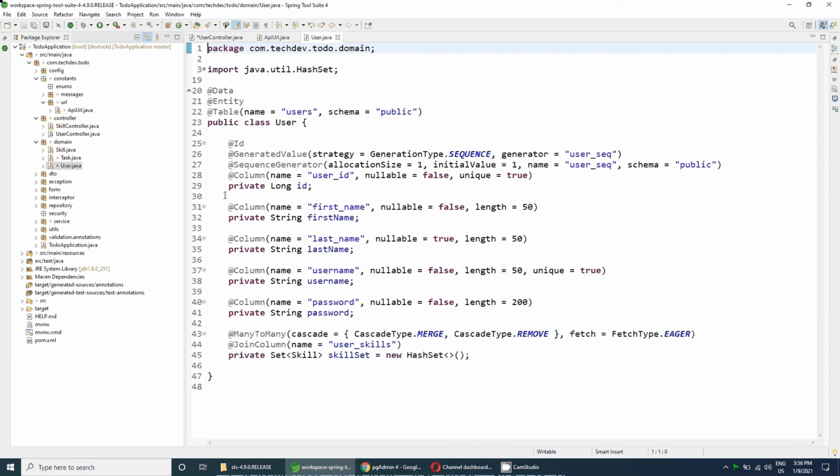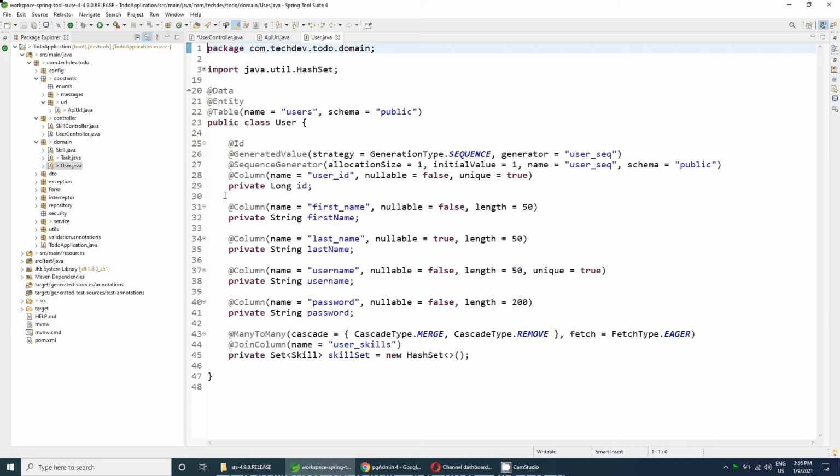So if we need the user body, we will require the first name, the last name, username and the password, and also the set of skills that we need to add with that user.